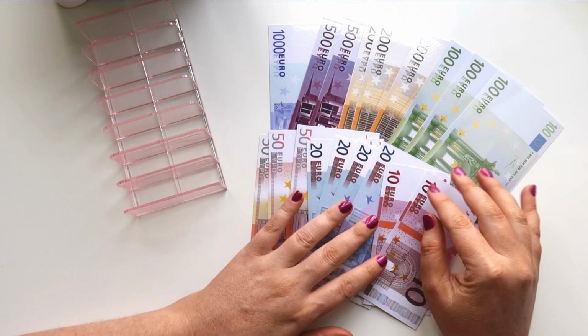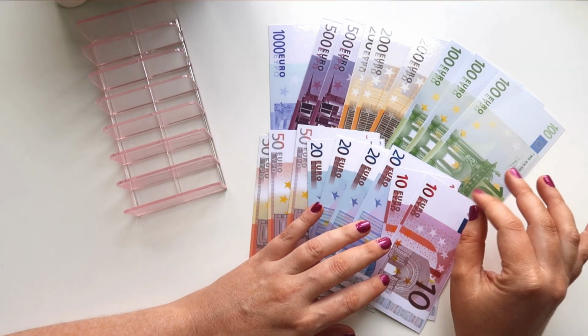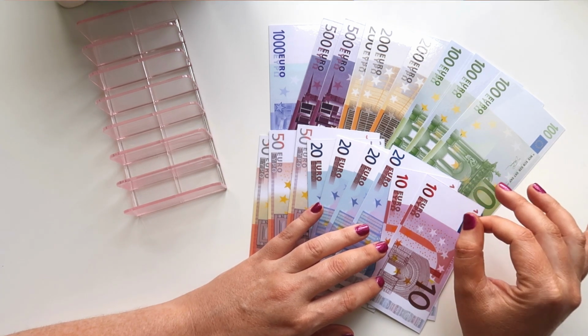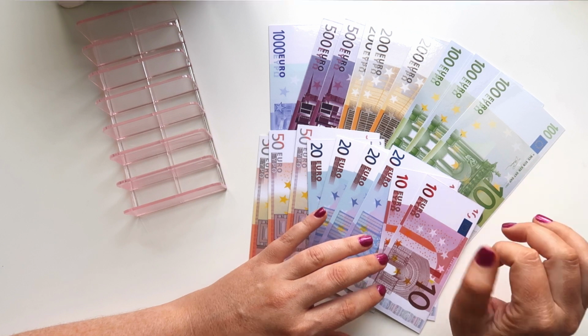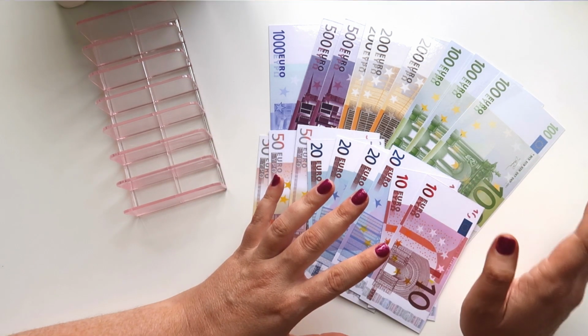So I am going to be doing a cash envelope stuffing today because I don't usually do it until like next week, but I need cash because I won't be able to make it to the bank. So I'm going to try and take out as much as I can